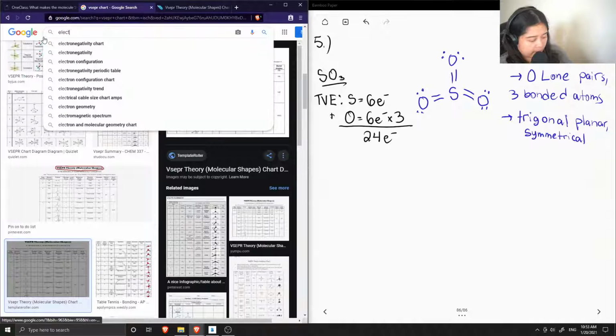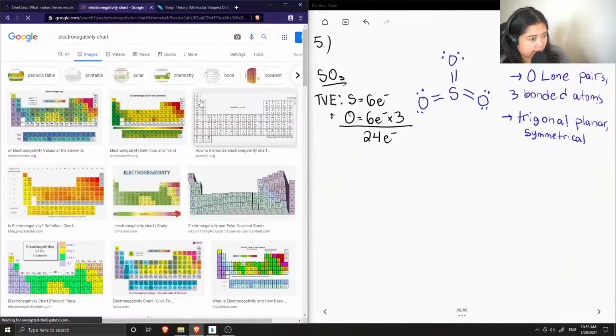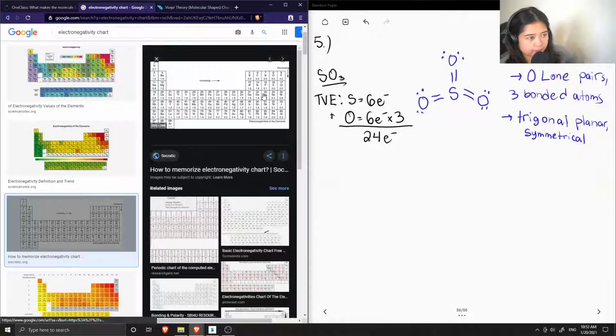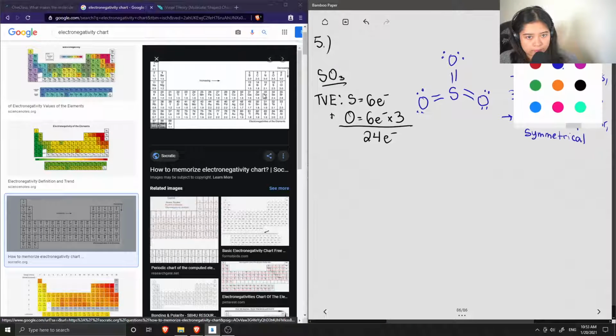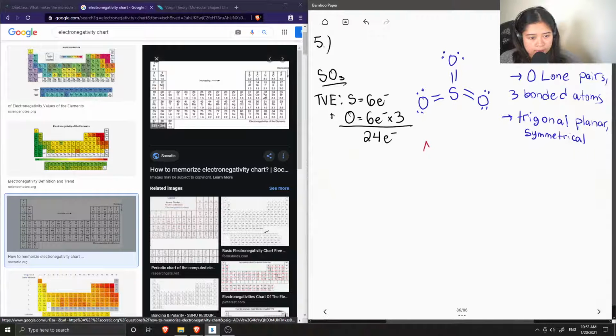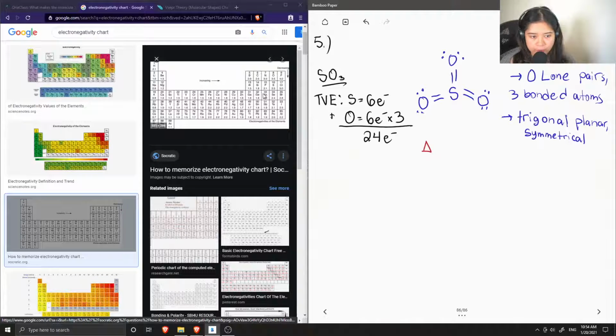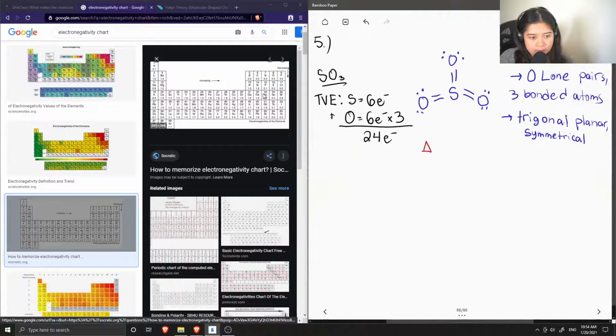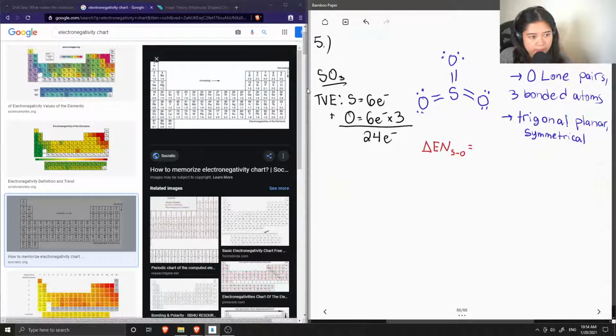So now let's look up the electronegativity values of the atoms that are involved. To find out whether or not a bond is polar or nonpolar, we want to find the difference in electronegativity between the 2 atoms involved in the bonding. In this case, we want the electronegativity difference between a sulfur atom and an oxygen atom. The electronegativity of oxygen is 3.5, and the electronegativity of sulfur is 2.5. So this gives us an electronegativity difference of 1. So this tells us that the bond is polar,